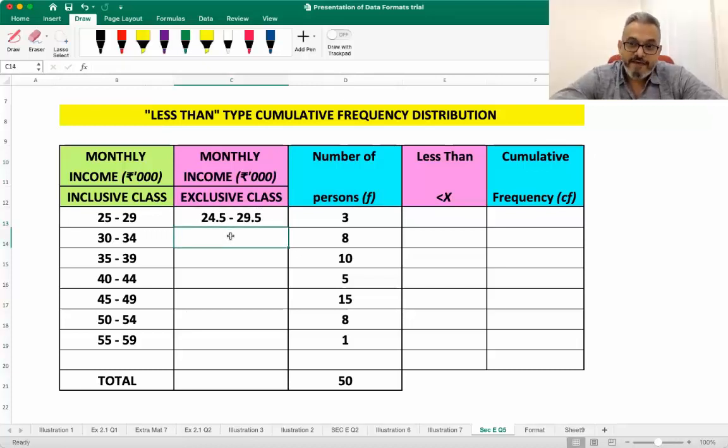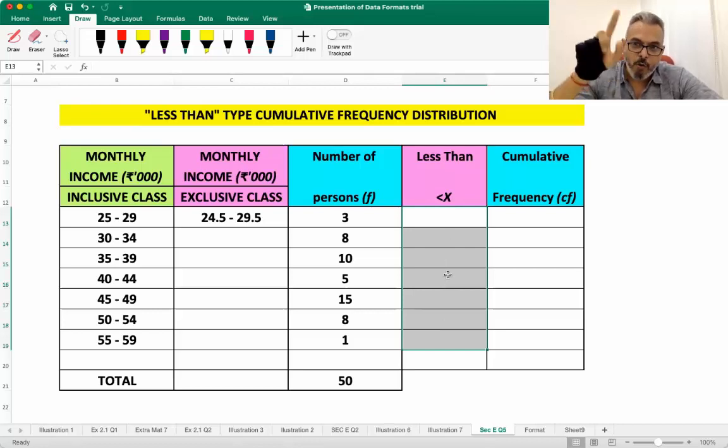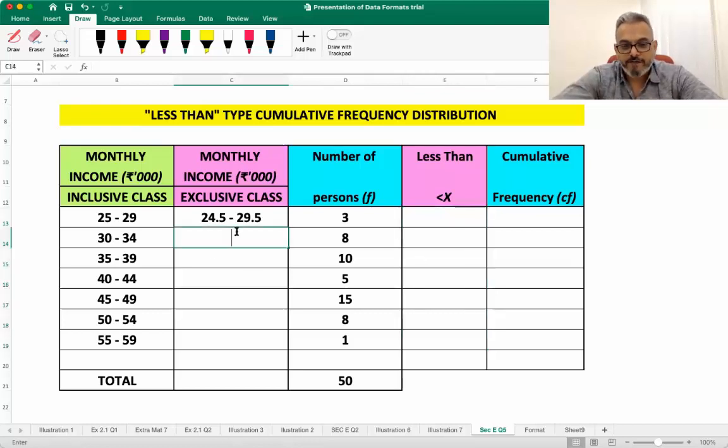Now you may say, sir, why do this, won't it work otherwise? It won't work. This is compulsory. If you don't do this and directly find less than 29, less than 30, less than 35, that will go wrong. So you have to convert it to exclusive. Then 29.5 to 34.5